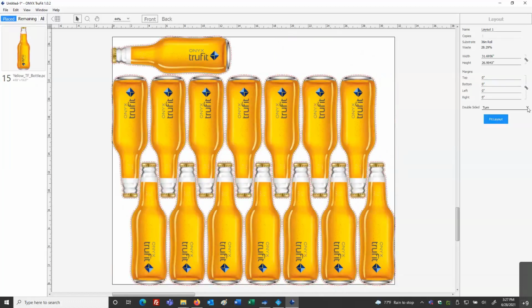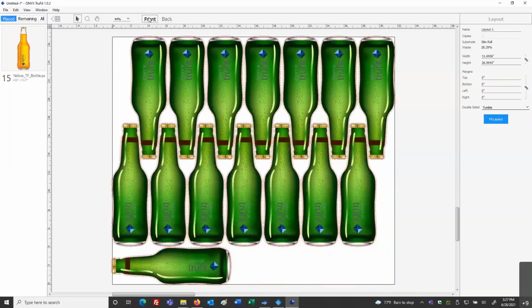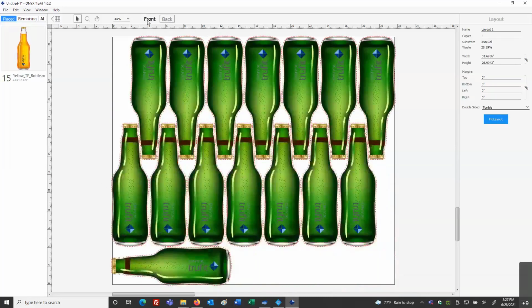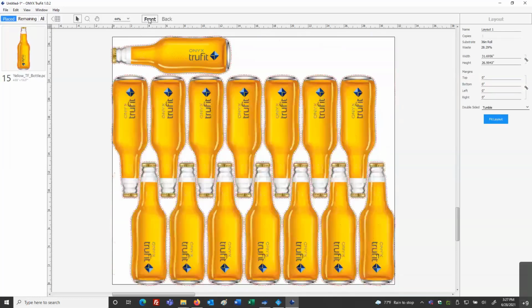If I change it to tumble, it's going to be a bit the opposite. My front and my back are going to flip from bottom edge and top edge. So they're going to flip in the vertical direction, if you will, which is your gripper, and your side guides are going to stay the same. So keep this in mind. It's all in what your needs are. You have turn or tumble, and you can set that up.